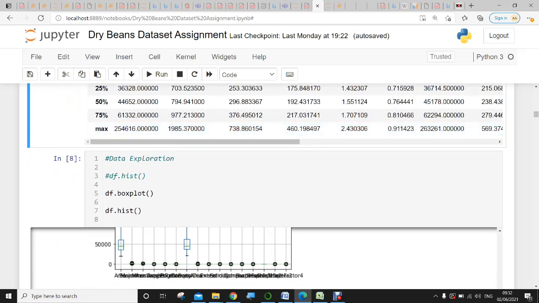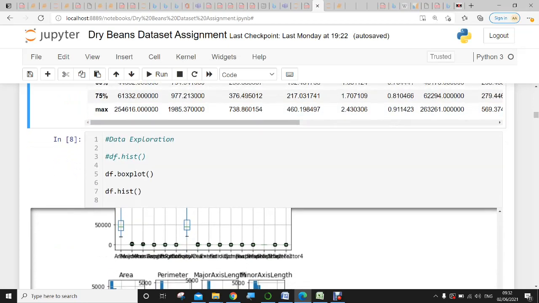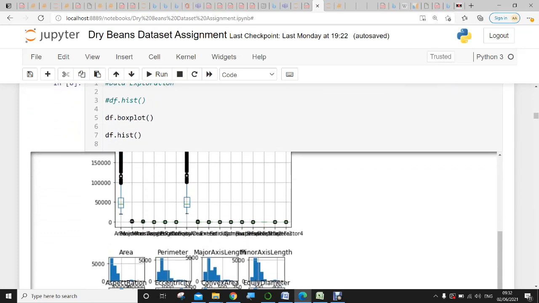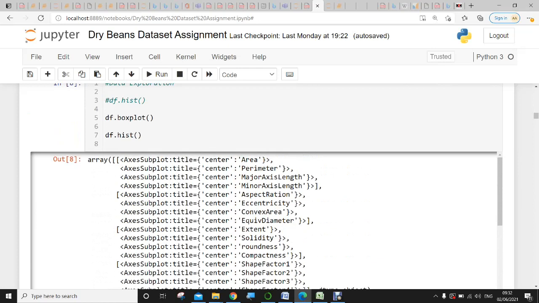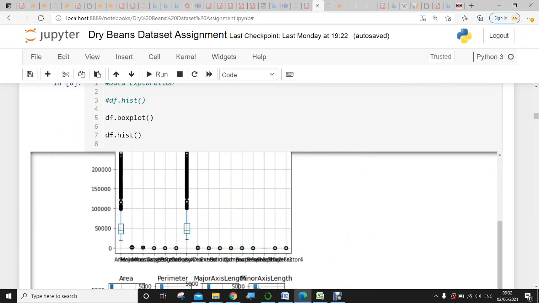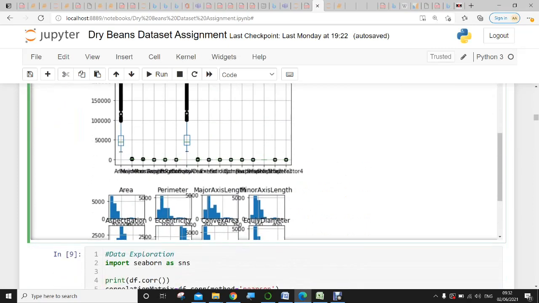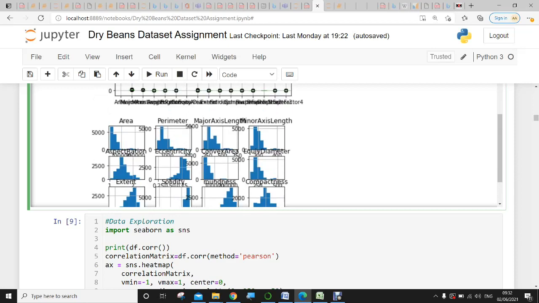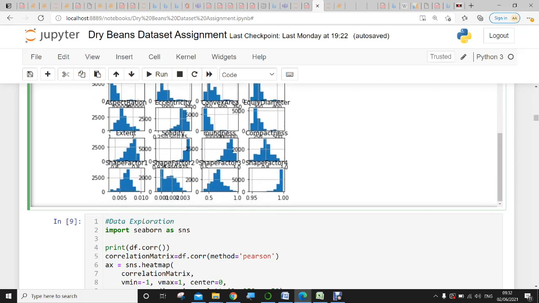And then going forward, I did a box plot with a histogram. All of this is trying to get to know and understand my data. So that's the box plots, the histogram as well,